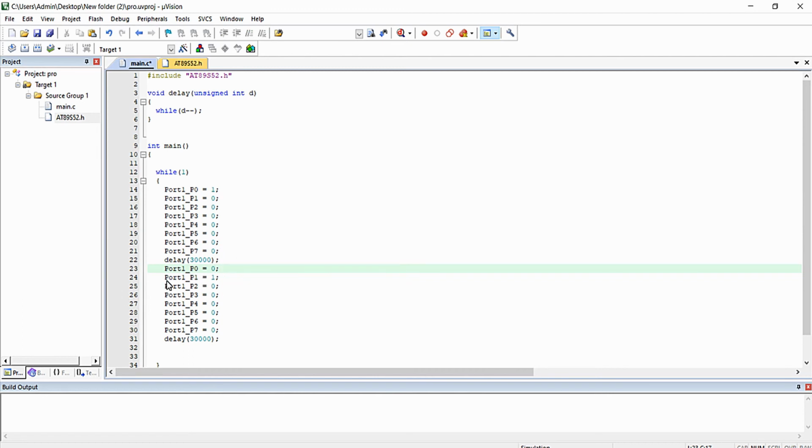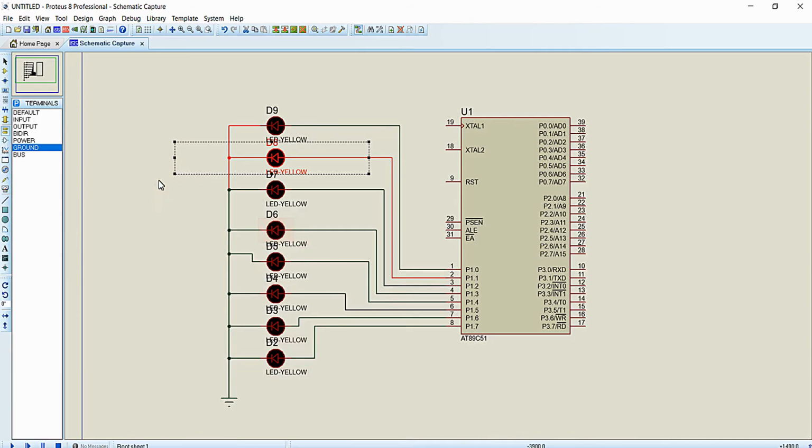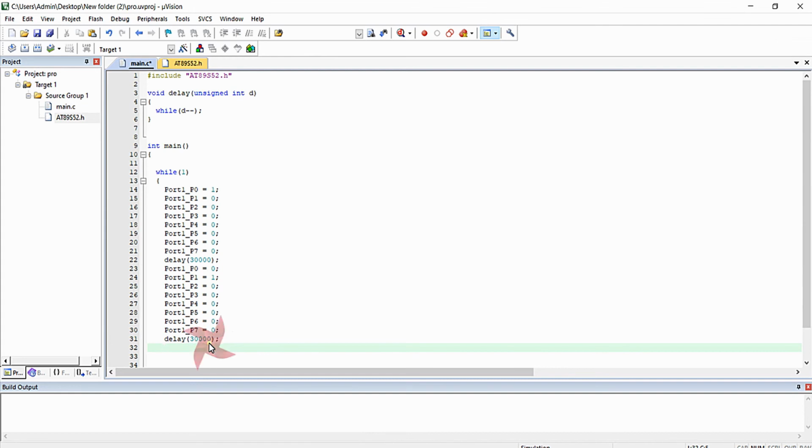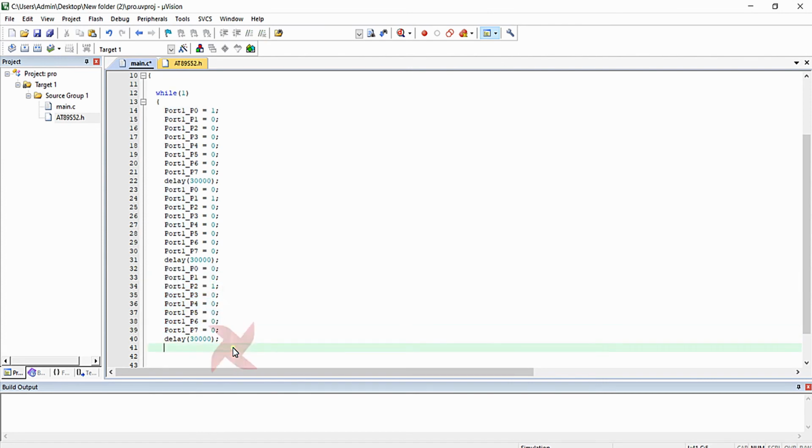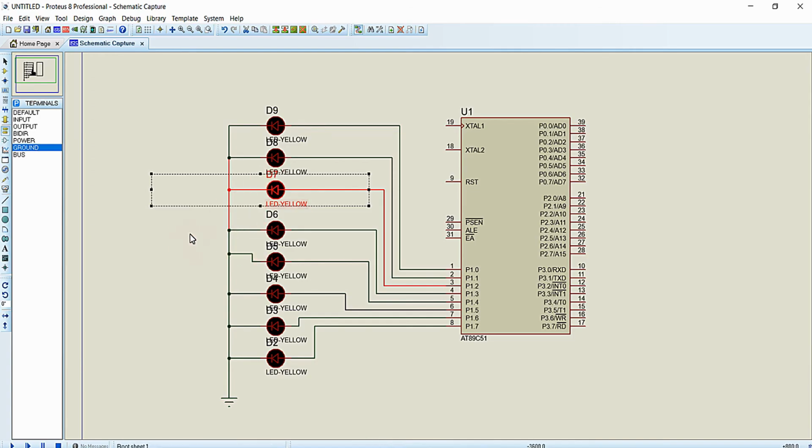You can see I have turned on this P1.1 and all the other LEDs off. And the next step is we just want to turn on this LED, that is P1.2, and all the other LEDs off. I am just going to write port 1 P2 to be 1 and all the other bits 0. Similarly, I am going to write it for all the other LEDs individually till this P1.7.